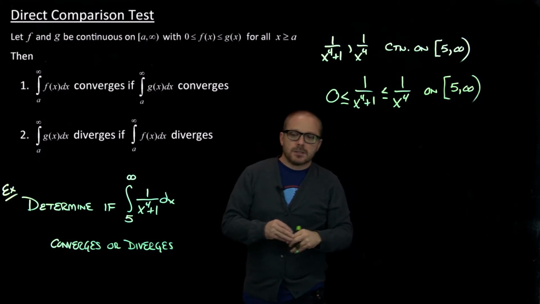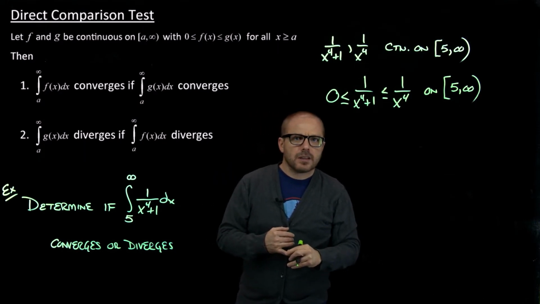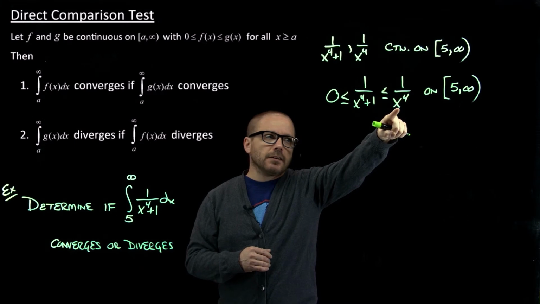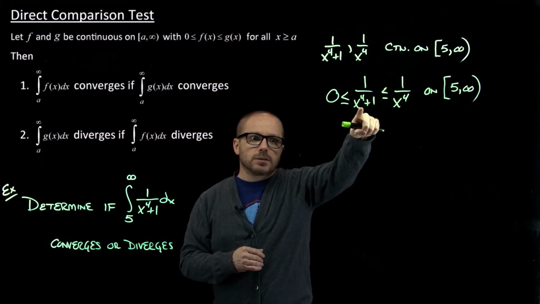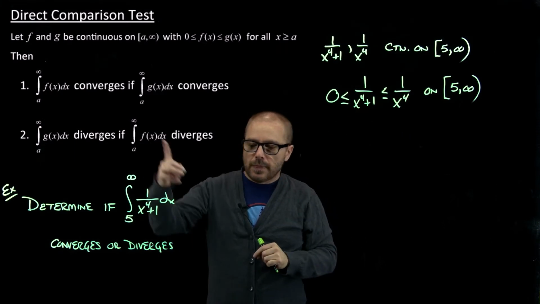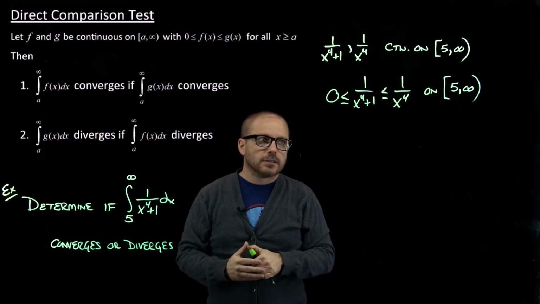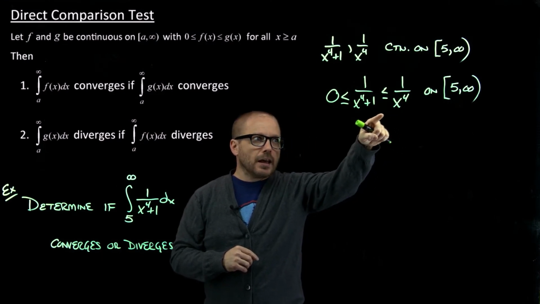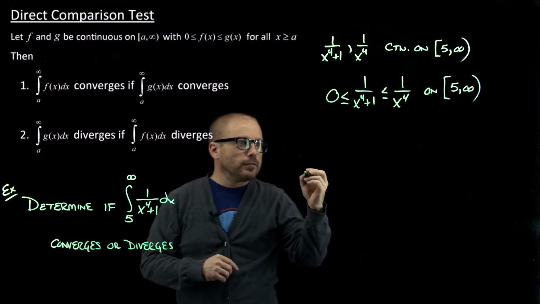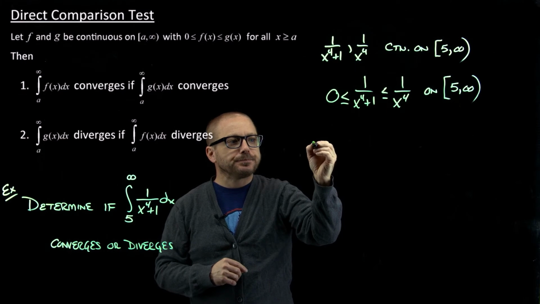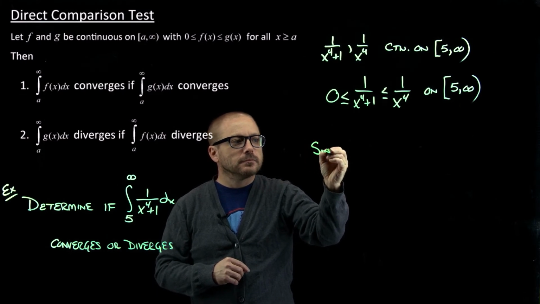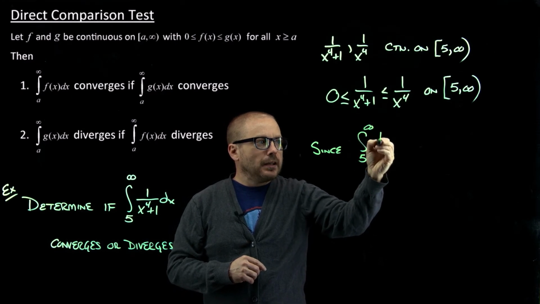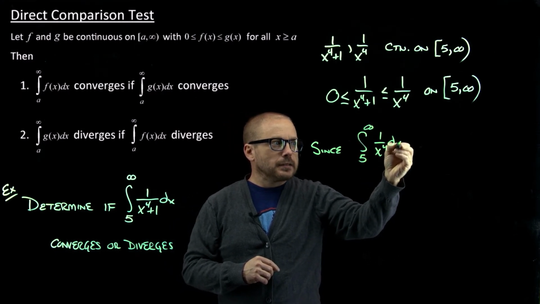OK. So now here's how we'll make the argument. We want to argue that the integral from 5 to infinity of this function converges. This one's smaller, so it converges. That's number 1 there in DCT. And this is why we looked at these already. This is that reciprocal power function. So since the integral from 5 to infinity of 1 over x to the 4th dx